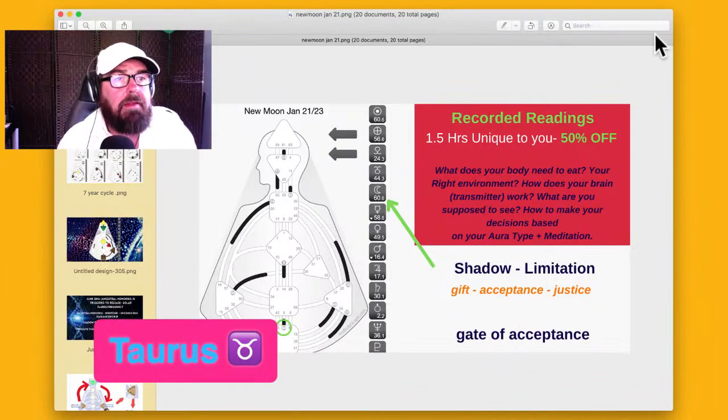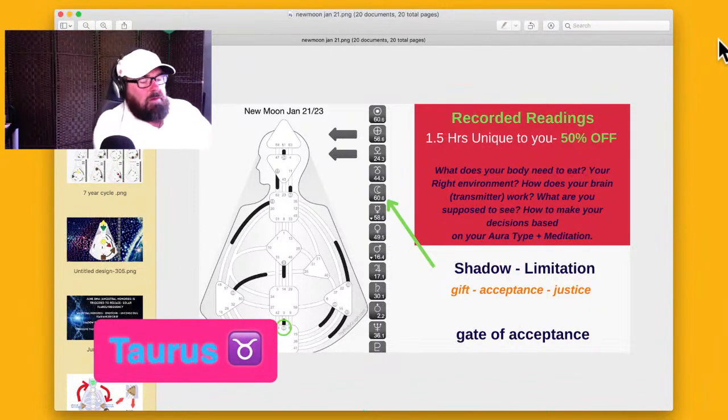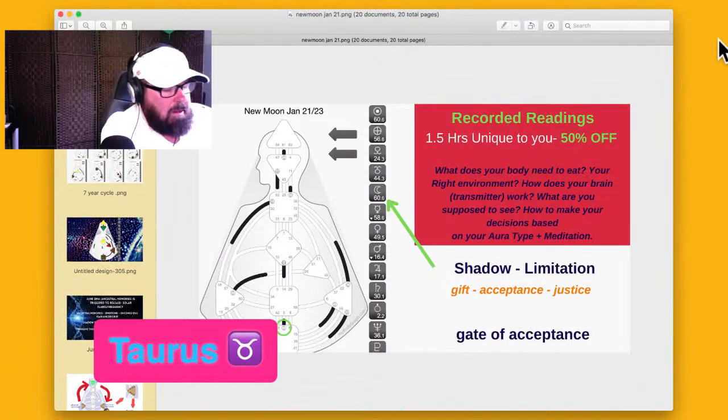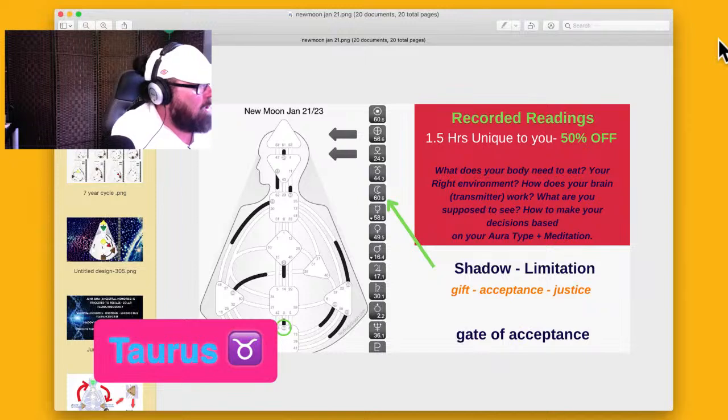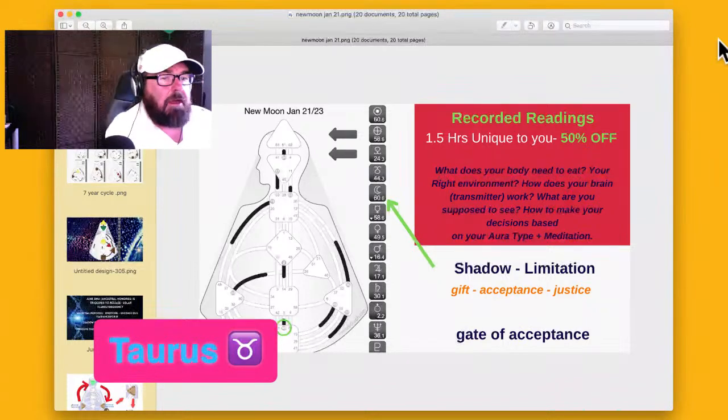And then let's go for Taurus. Rising Sun or Moon. If you just jumped in at this part, go back and listen to the beginning to learn more about the shadow of limitation and the gift of acceptance. And remember, this is all about your evolution, Taurus. It's all about your evolution and your growth and development as a spiritual being having human experiences. So you're going to be in the 9th house, 12, 11, 10, 9. The shadow of limitation in the 9th house for this new moon.